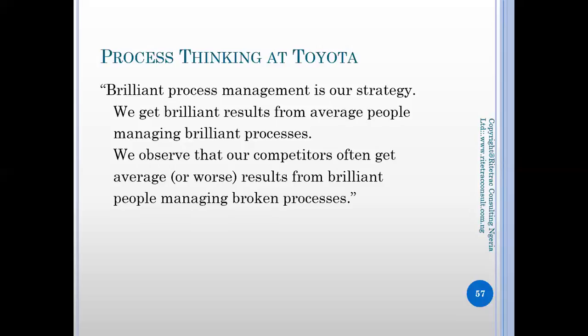Once you identify all the root causes and implement and optimize, you now do what we call mistake proofing. We're going to see what mistake proofing is, so that anybody can be able to work on that. You've identified problems, you now improve on it. It's just like when you are typing on a Word document, you want to exit, and something pops up. That thing that pops up is mistake proofing, it's poka-yoke. Why did they do that? Because in the past, people must have lost one document or the other, and that helps you to make sure that workers don't make mistakes, and you will always have a quality process all the time.